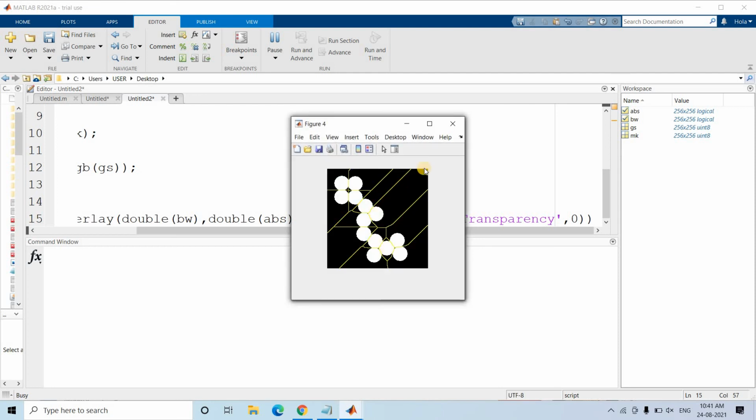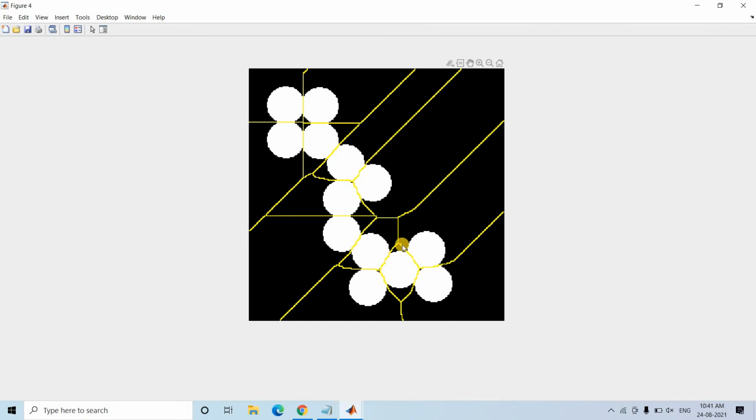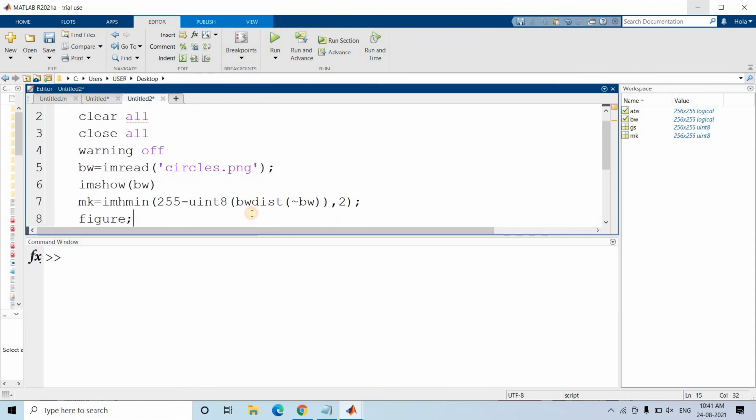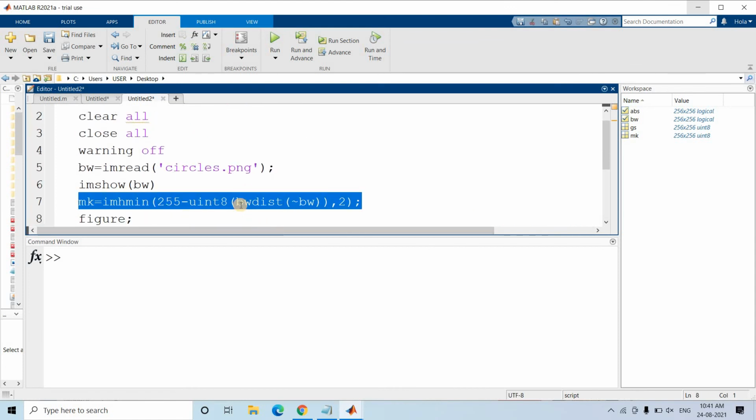Okay, and see how beautifully the segmentation happened. You can see that individual circles are coming in individual watershed regions. Okay, so this is the beauty or power of image pre-processing before applying watershed segmentation on the raw image. Just we need to understand this particular line of code, and I hope from the requirement we have eventually developed this technique, it is clear to you, so that you can create some kind of new image pre-processing for your own requirement. That's why I am showing lots of examples on this, so that you will get completely habituated with this. This is all for this video.